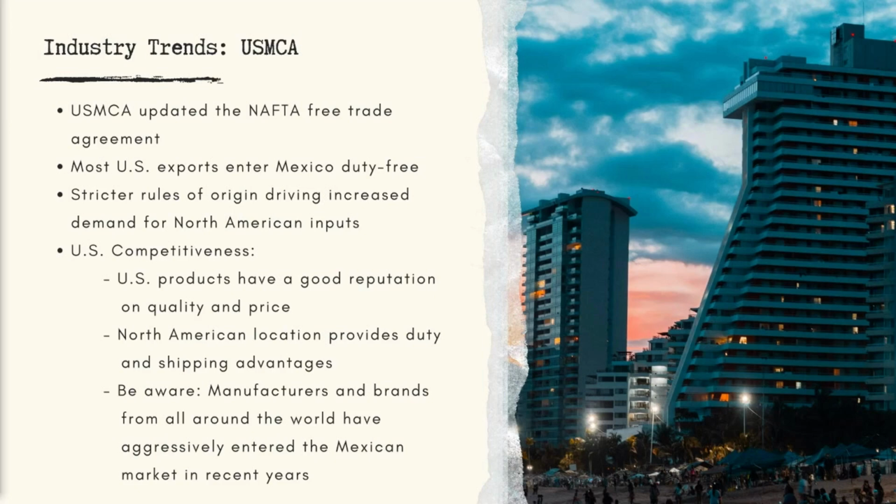One of the key updates of the USMCA with regard to NAFTA was the increase in, or the making more strict, the rules of origin for eligibility as a NAFTA origin, a USMCA origin product. And so by increasing the percentage of components of a finished product that need to be of North American origin in order to comply with the origin requirements,